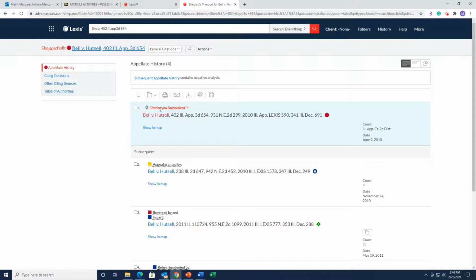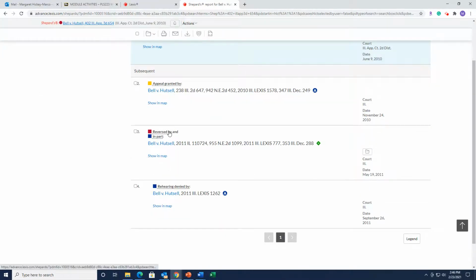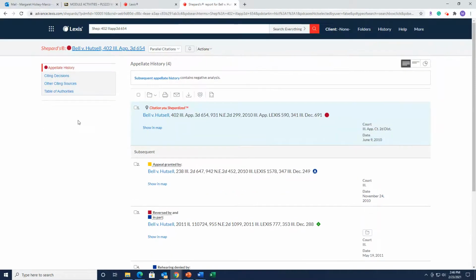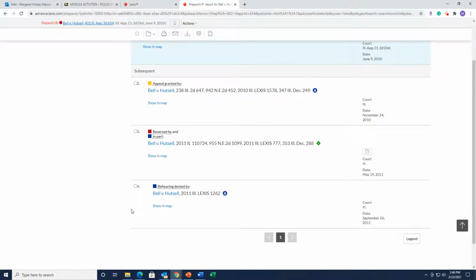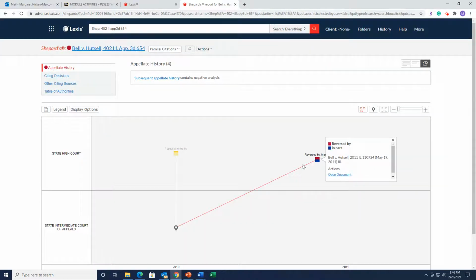Okay, so here's the citation I Shepardized. Appeal was granted, and look, it was reversed in part. Okay, so I don't really want to cite this version of Pell versus Hutzel. I would cite the Supreme Court version. So if I want to look at my map here of my decision, okay, so here was